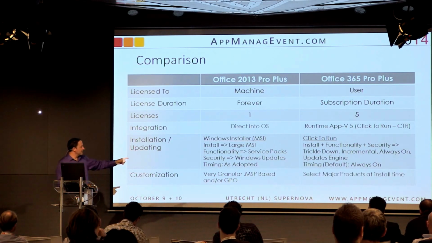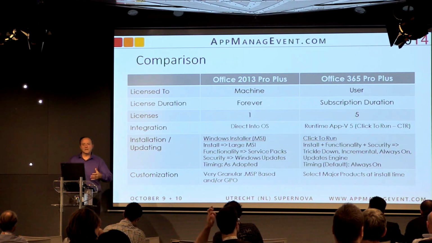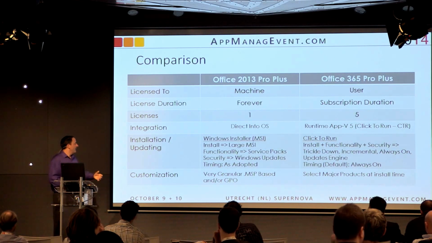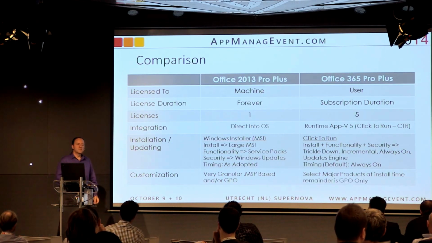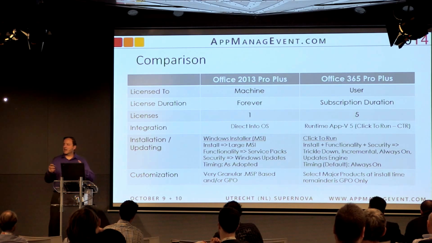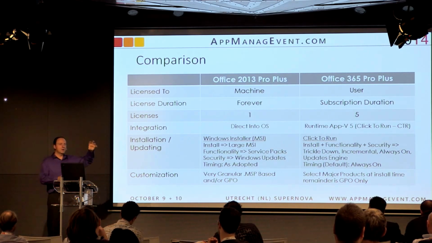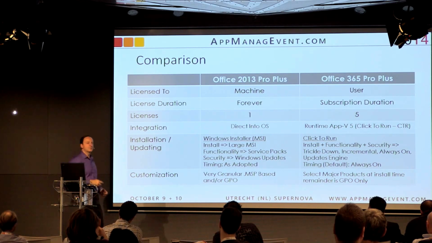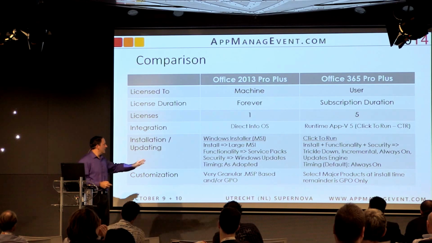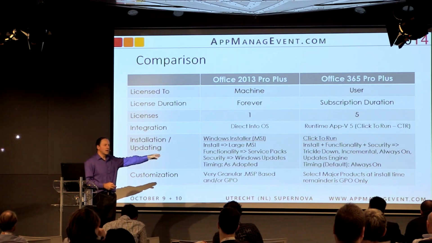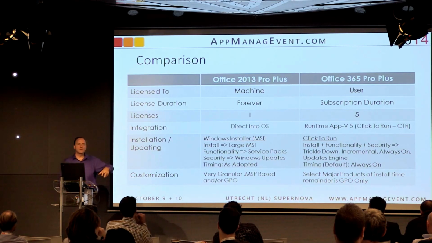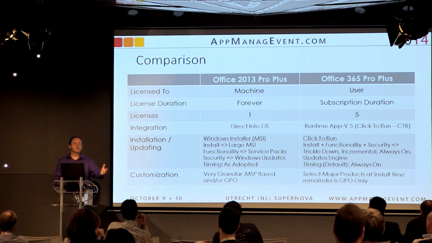Right now, you can select major products at install time. So do I want Word? Do I want Outlook? Do I want OneDrive for Business? And then the rest of it's GPO. There's no granular registry key changes you can make, especially obviously if you're pushing people to the portal in your organization. So if they go out and log into Office 365 and download from there, you have really no control over what they're going to install. If you decide to do an on-premise enterprise type deployment, then you can at least say, hey, we're only doing Lync right now.